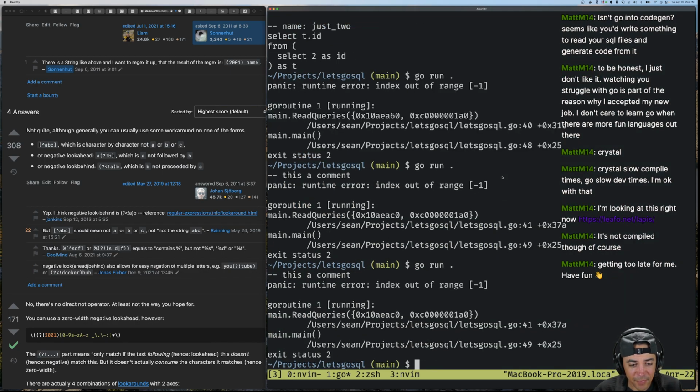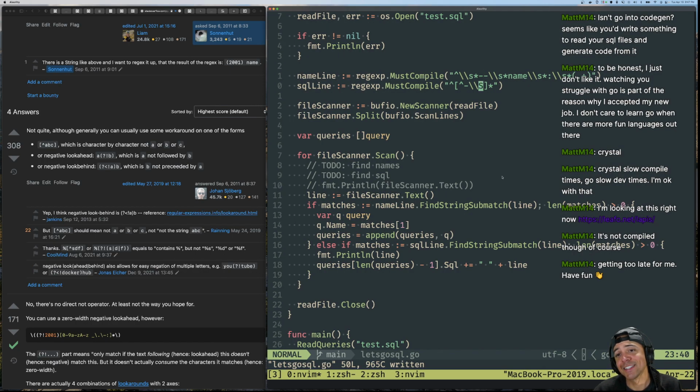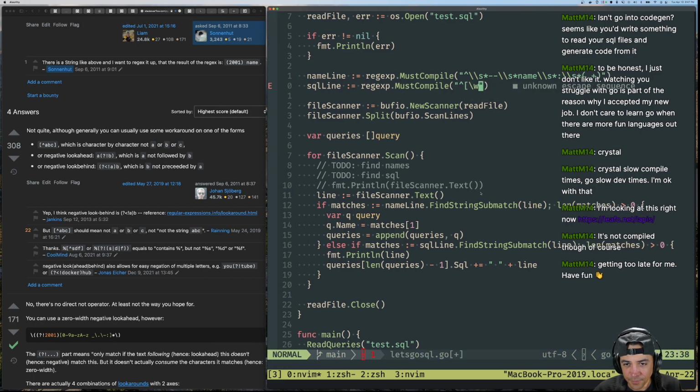So let's try it again. Okay, it still picked this. Okay, it still did that. I don't know why. Let me see. So if it begins with this and it's not dash, it's not dash. Let's just say if it is this or this. If it's just a word, right? If it's a word,